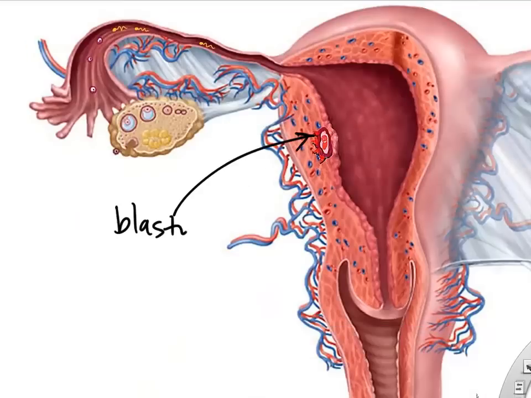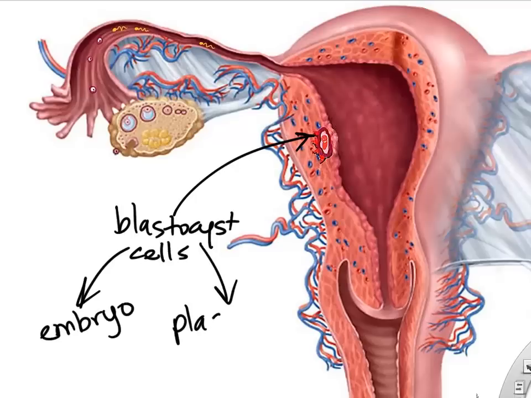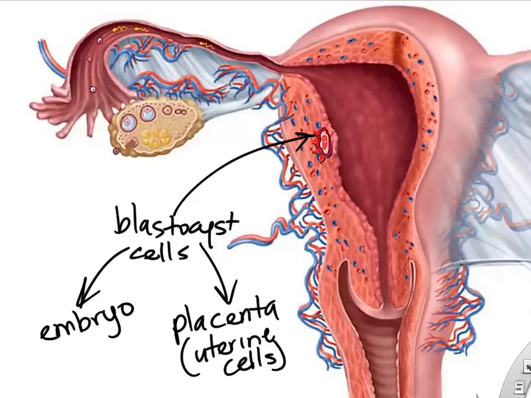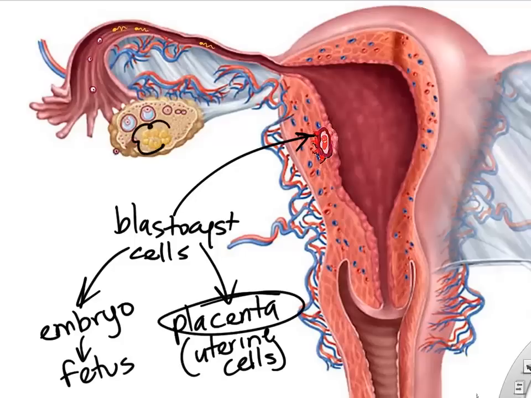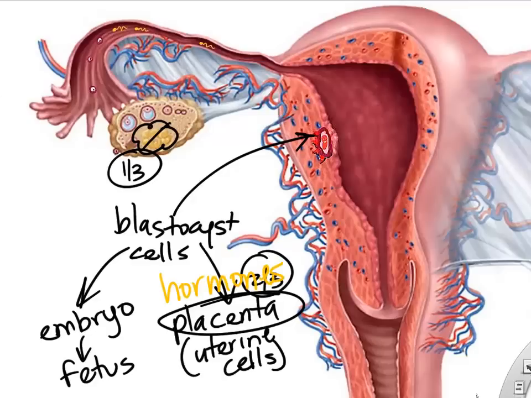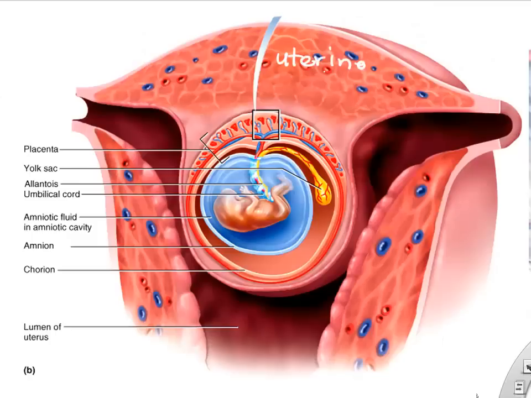So remember, we have that blastocyst group of cells that implants in the wall of the uterus. That has all the cells we need to make the embryo, which becomes you, and the placenta, which helps support you. Eventually that embryo goes on to become the fetus. For about the first third of pregnancy, you need that corpus luteum to make hormones, but eventually the placenta matures and takes over hormone production, and you no longer need the corpus luteum in the ovary.